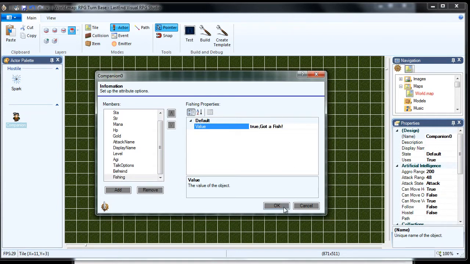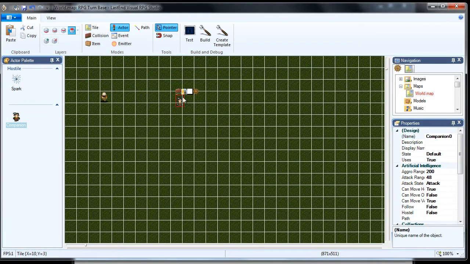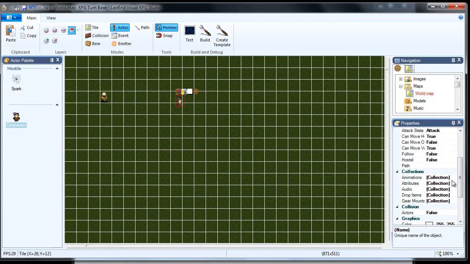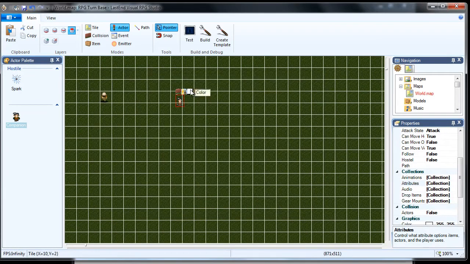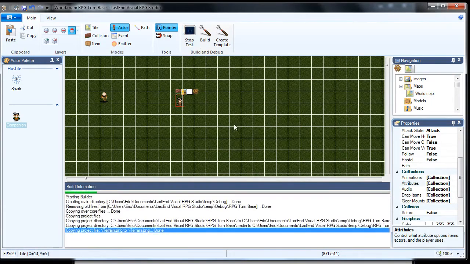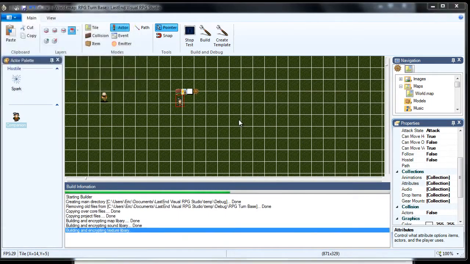Got a fish. And hit OK. I'm just going to check real quick to make sure that actually did save on there. Okay, and go ahead and hit the OK button. And I'll go ahead and test this out and show you what I mean by that function